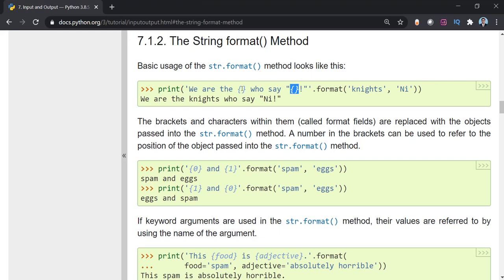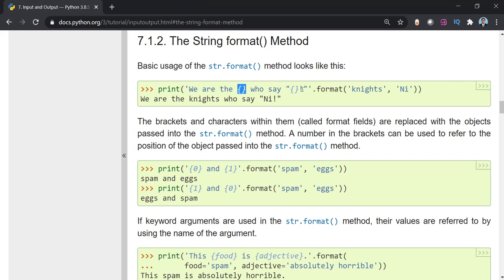So in our code, it will look like: the square of {} is, or the answer is, {} and the string will close with your quotes. Okay, but there is one more thing you'll have to do: you'll have to use this format method, or string format method. What is the meaning of method, why it is called a method, what is a class, what is an object, all those things we are going to study afterwards. But for the time being, let us just use it, and when the time comes we will see those concepts.